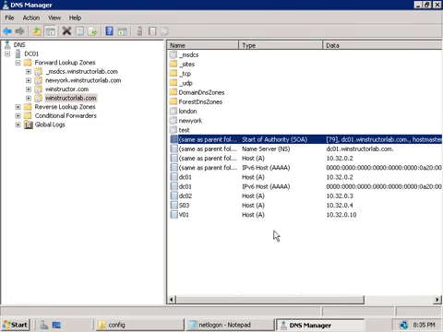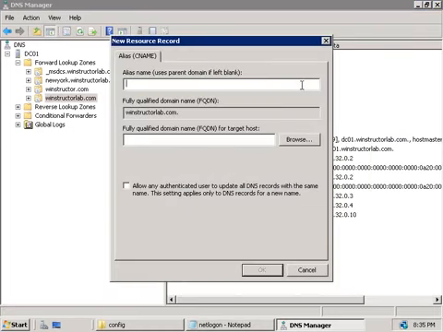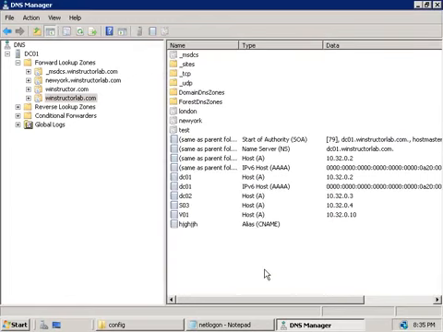So if we go and right-click here, and let's choose to add a new record. Let's just create an alias record for now. We'll call it whatever we like, and just click on OK. And now if we hit F5 to refresh our console, you should see this version number change, and our Start of Authority has now been incremented by 1. This means that our secondary zones will be able to tell that there's been a change just by looking at